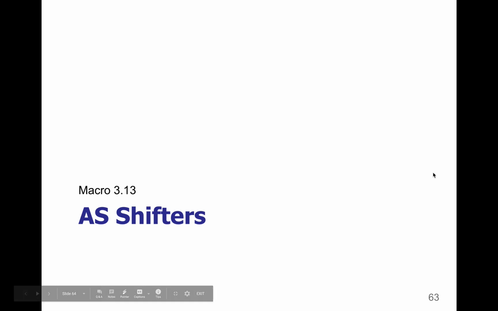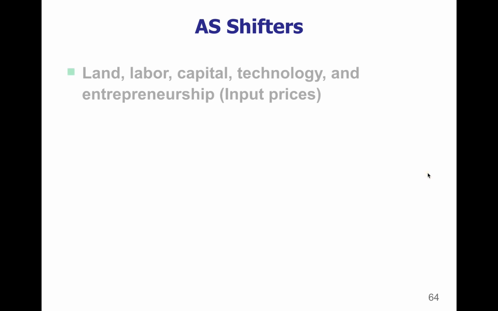This is your macroeconomic video on aggregate supply shifters. Remember, your supply lines, both short-run and long-run aggregate supply, are about the supply or manufacturing of goods or people who are supplying goods. So anything that would affect how you manufacture or produce things, including input prices, would shift